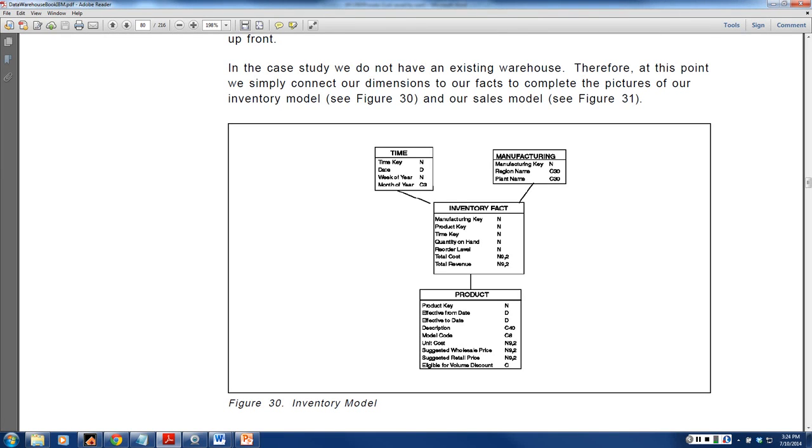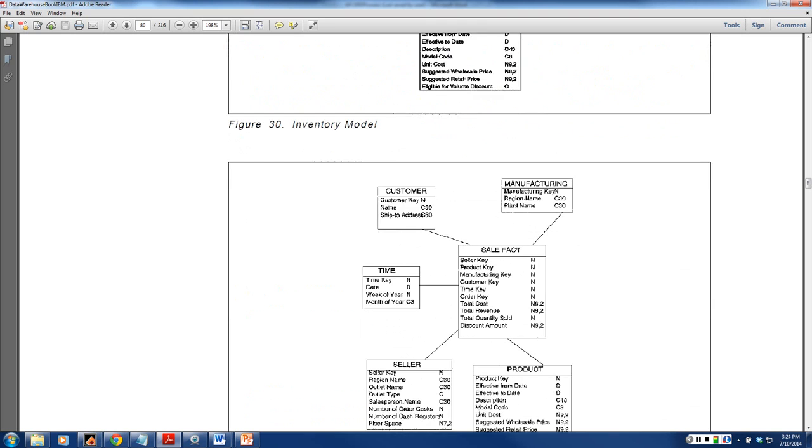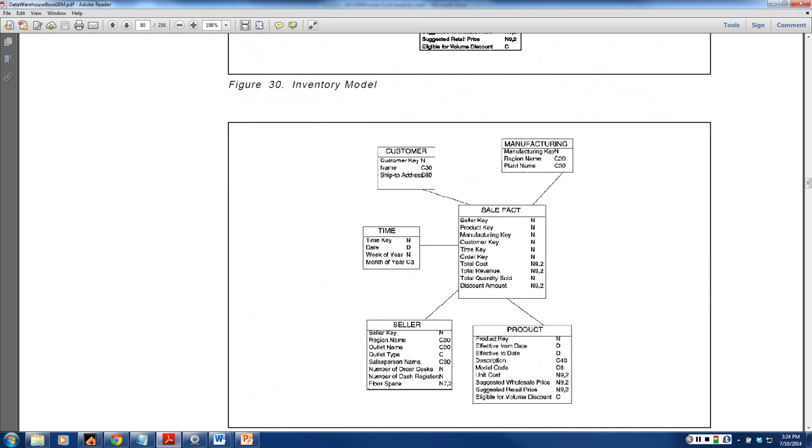In other words, if I use only quantity on hand and reorder level as facts, that means I have the capability of analyzing quantity in hand and reorder level by time dimension, by manufacturing dimension, by product dimension. Okay. Now, similarly, I can use the sales fact, and as you can see, I can still use certain common